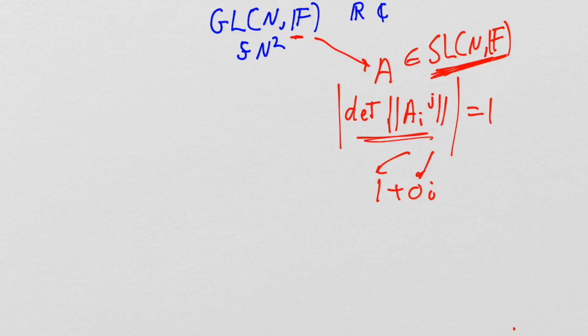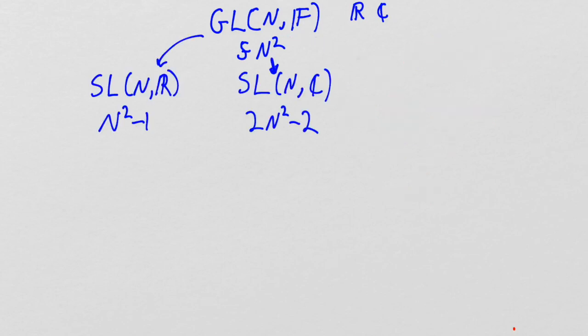So let me write that down. All right, so here I've now written that out. I've just basically said, all right, we've got our general linear group with Fn squared independent choices to define any given basis transformation in the general linear group. I'm now going to restrict Fn squared when I consider the real case, F is 1, and volume preserving means I lose 1 degree of freedom, so I have n squared minus 1 degrees of freedom for the special linear